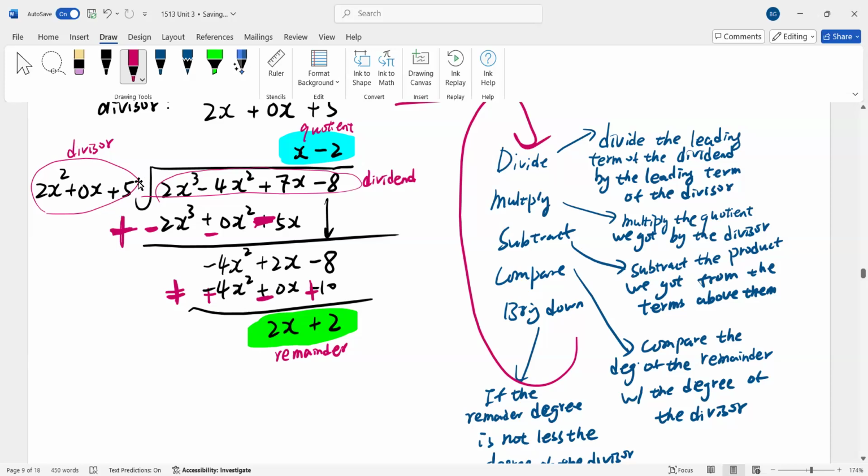The divisor is next to the division symbol, to the left of it. The quotient is above the division symbol. The remainder is at the very bottom of the arrangement. All right, then we can conclude